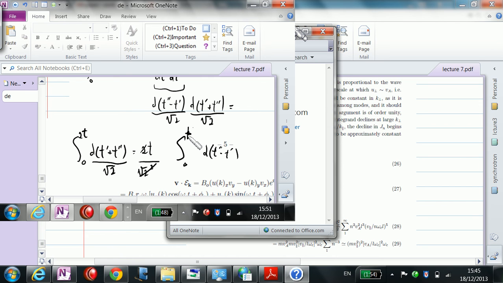Yeah, okay, but it doesn't matter because you would assume that whatever this is, it's much longer than the correlation of